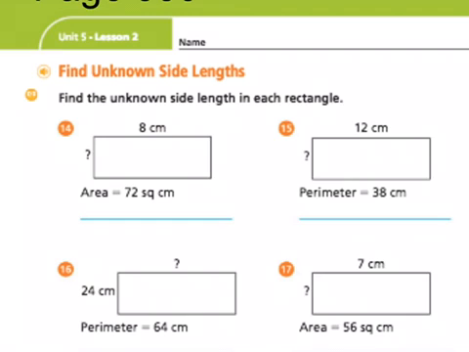Now we are on page 339, and we're going to figure out the unknown sides. Find the unknown side length in each rectangle. So we know that area is length times width. So we have to use our division, or we could say 8 times what is 72. So you can count by 8s to figure